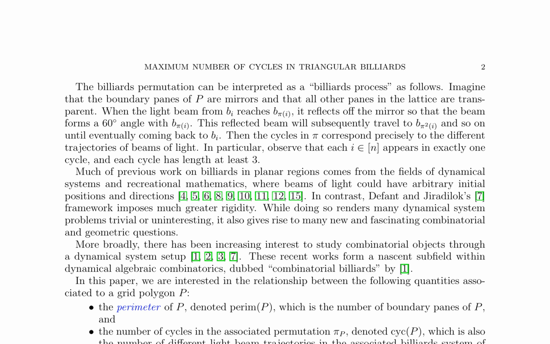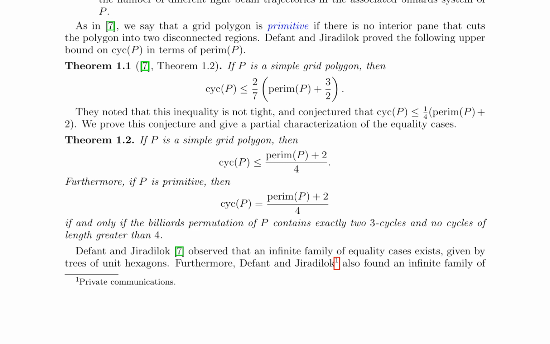This concept is rooted in dynamical systems and recreational mathematics, with Defant and Jiradilok's framework imposing rigidity, leading to new combinatorial and geometric questions. The paper focuses on the relationship between the perimeter of a grid polygon and the number of cycles in its associated permutation. It proves the conjecture that the number of cycles is bounded above by 1/4 the perimeter plus 2, and provides a partial characterization of equality cases, including the existence of an infinite family of equality cases given by trees of